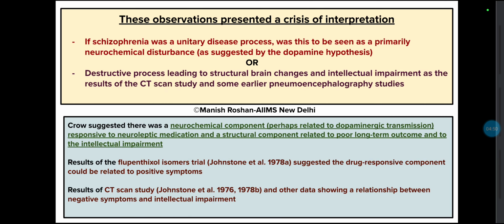So Crow suggested that there was a neurochemical component, perhaps related to dopaminergic transmission and responsive to neuroleptic medication. And subsequently there is also a structural component that is related to poor long term outcome and to intellectual impairment. The results of the flupentixol isomer trial that was being conducted by Johnston et al. suggested the drug responsive component and could be related to the positive symptoms, whereas the result of the CT scan